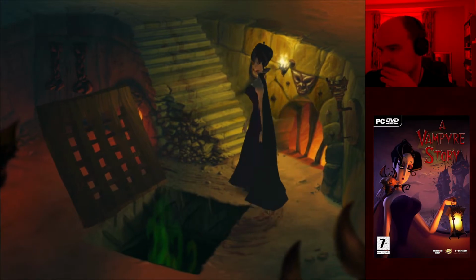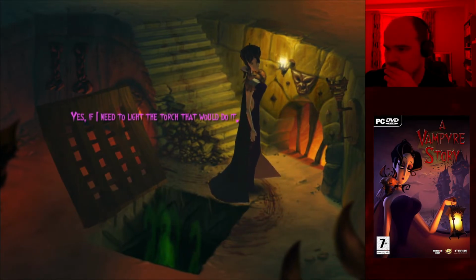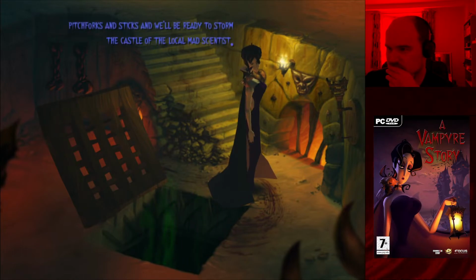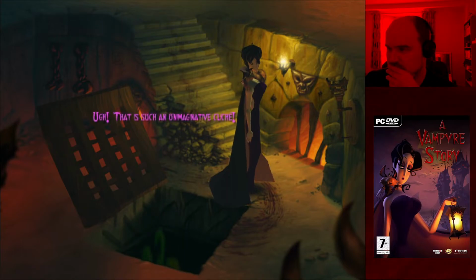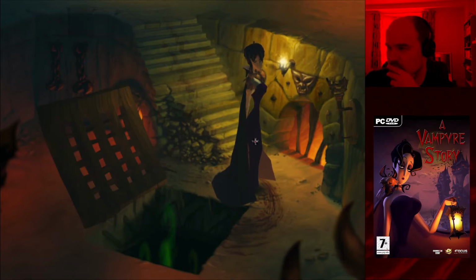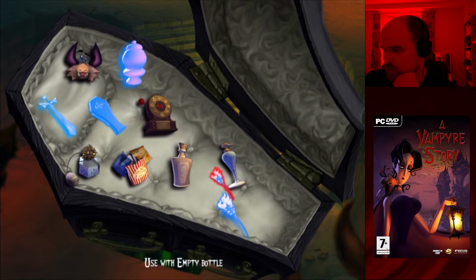There it is. Yes, if I need to light the torch, that would do it. All we need now is a few hundred close friends with pitchforks and sticks, and we'll be ready to storm the castle of the local mad scientist. Ugh, that is such an unimaginative cliche. Okay. That changes it to a lit torch.